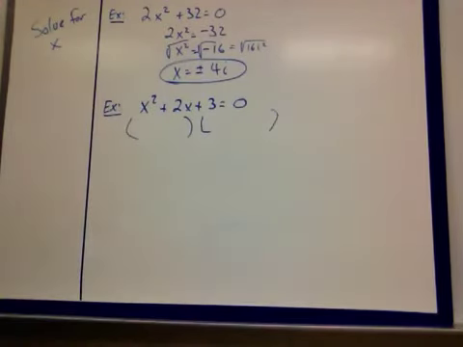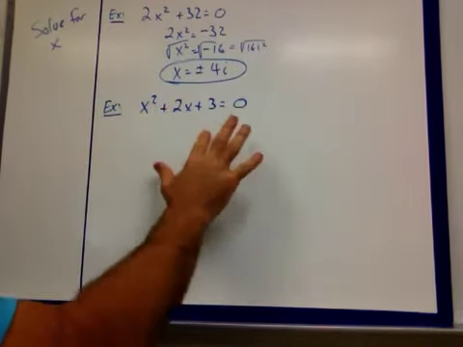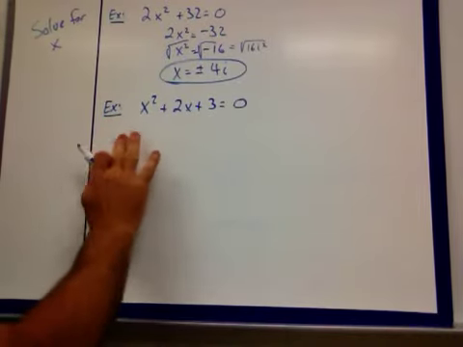Factors of 3 that add up to 2. Are there any? No, 1 and 3, it doesn't work, right? So what do you do when you can't factor it? You guessed it, quadratic formula. Whoops. So x is going to equal